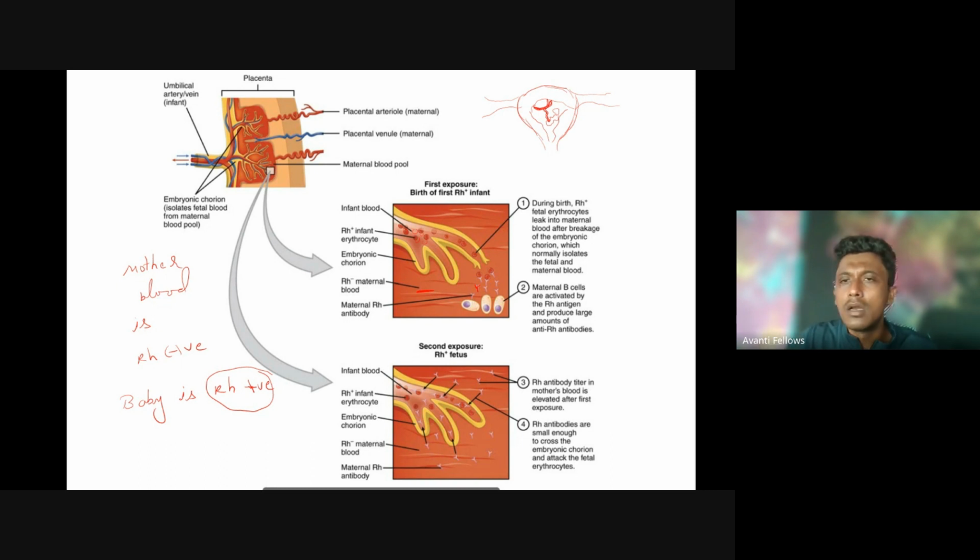But there is one small change. What is that? Let's say that during the first pregnancy, even though the mother is RH negative and the baby is RH positive, the effect is very less. The effect is very